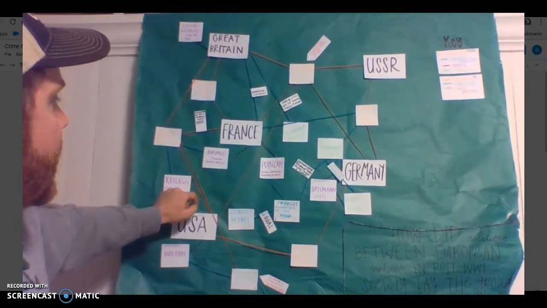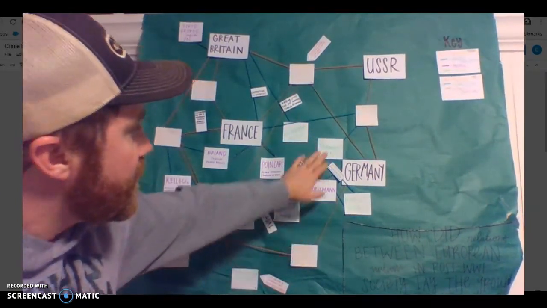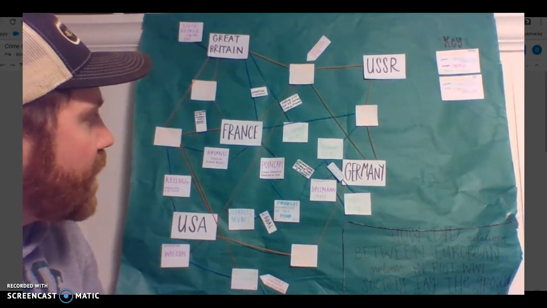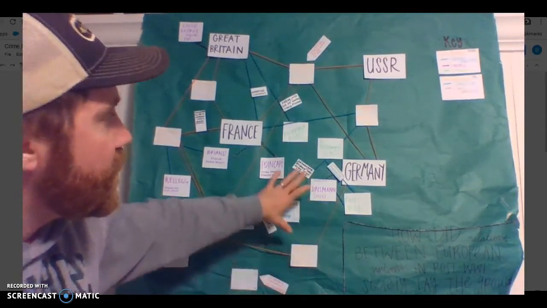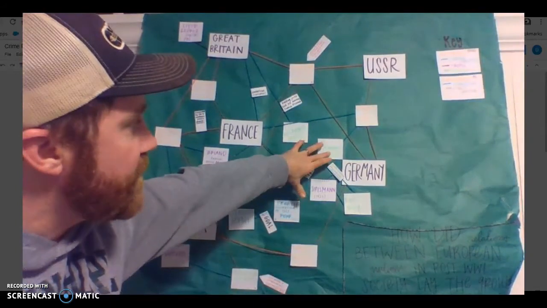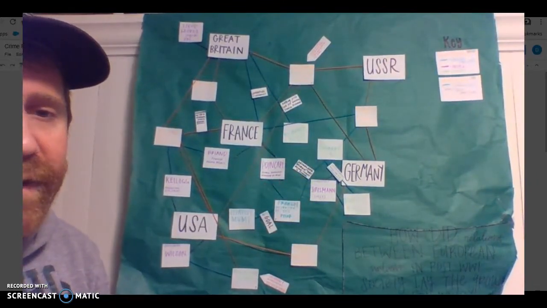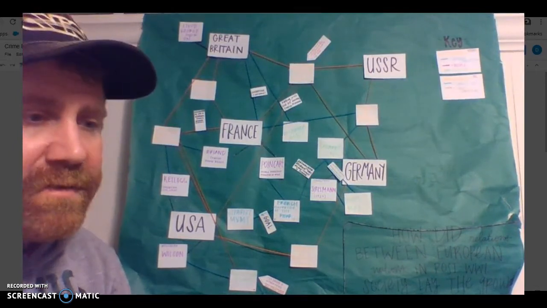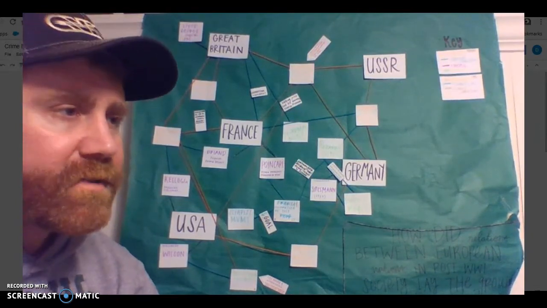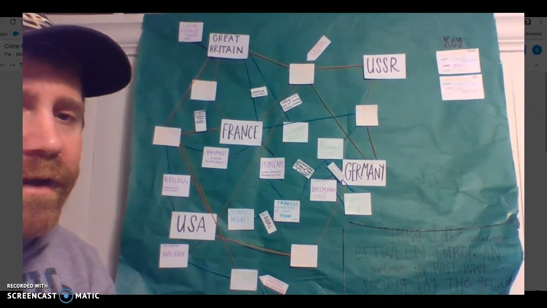So, you have, let's see here, reparations and the French occupation of the Ruhr, right? Their connection that they've made is that the German and the USSR alliance was a direct threat to France. And so this was the connection they had between the two pieces of evidence. So what you would have is a piece of evidence for Jackson, a piece of evidence for Jackson, and then right here in the middle would be your analysis, right? This was significant because this resulted in a consequence of this was, right? This shows, and then you would finish out your thought there.